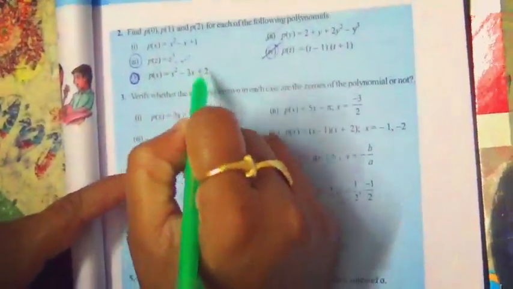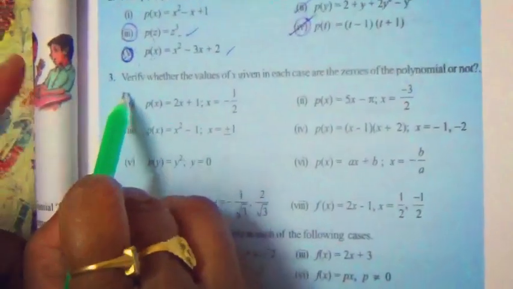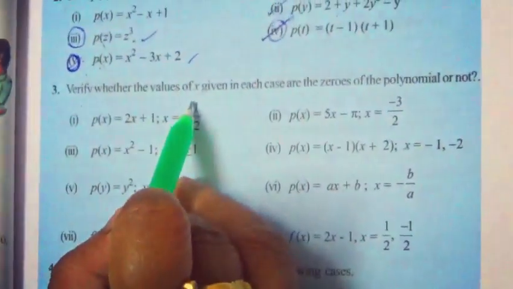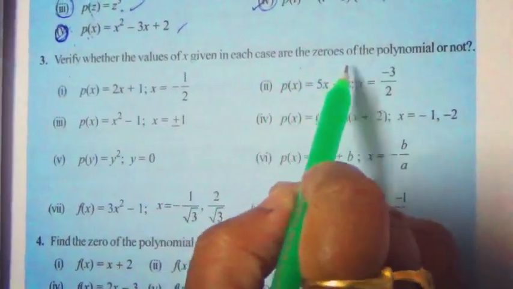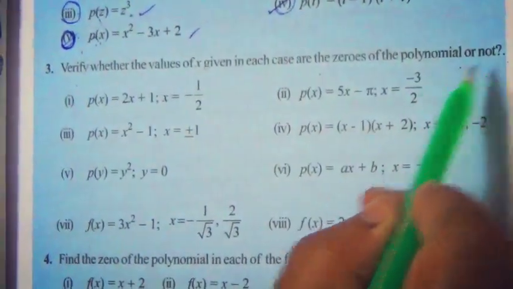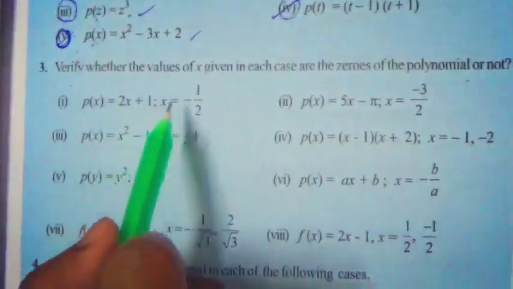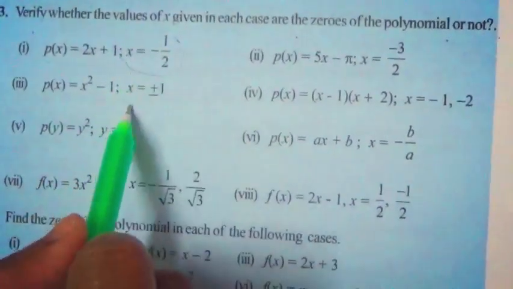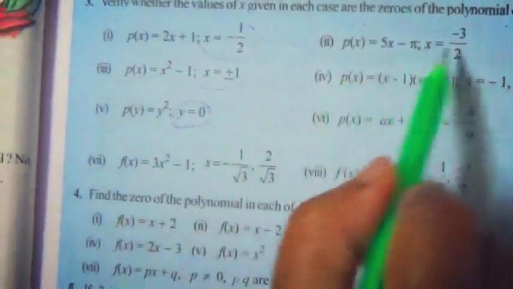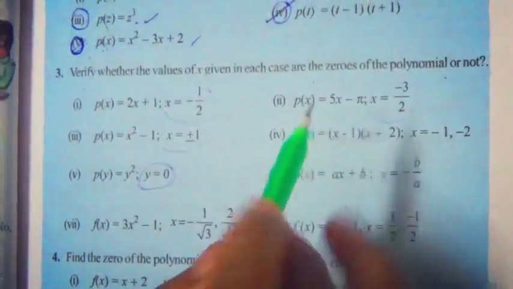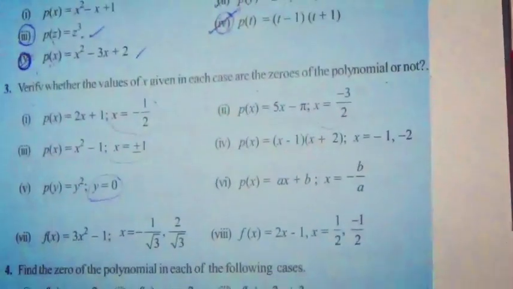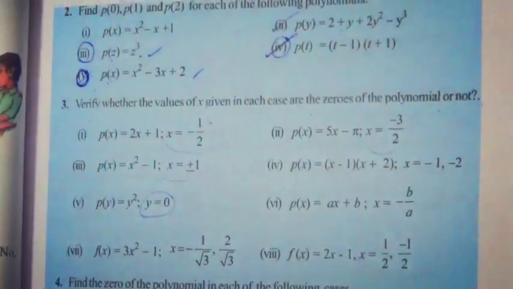Okay, you just do this one by your own. And the third Roman, verify whether the values of x given in each case are the zeros of the polynomial or not. For each and every sum he was given one x value. Look at here, x value. You have to check whether these values give the zeros or not. Okay, we have to check, for each and every sum. So third Roman,